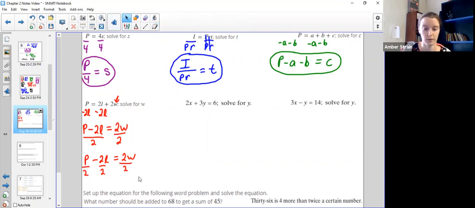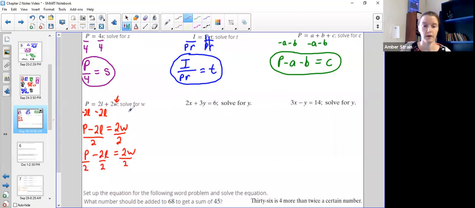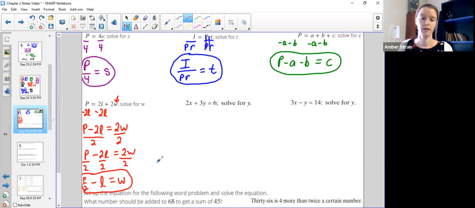Let's do this really quick so I have room. So one form of the answer would look like this right here as p minus 2L over 2, but then the other one would look like this, p over 2 minus L. Those would cancel. Both of these answers are true and valid and acceptable and give you full credit. But the reason that I like this one better is because it really helps you when we get into the